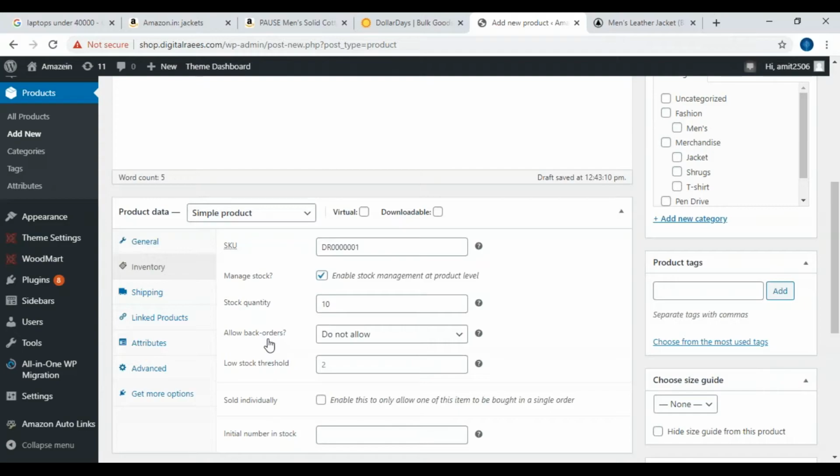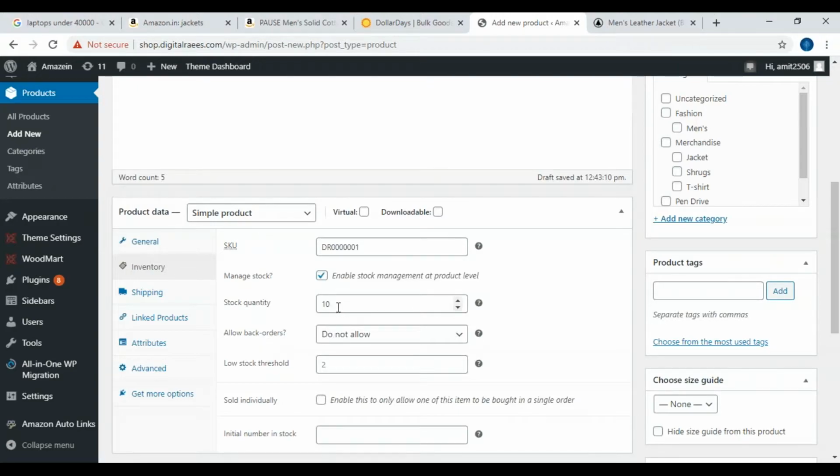If you want to allow that, you can, but if you are allowing it for multiple products, then it will be very difficult. As it is only one product for that particular company, they can do that and it is easy for them. Most companies are not going to have back orders, but this particular plugin gives you an option of back order. So if you are convenient, you can put the back order.